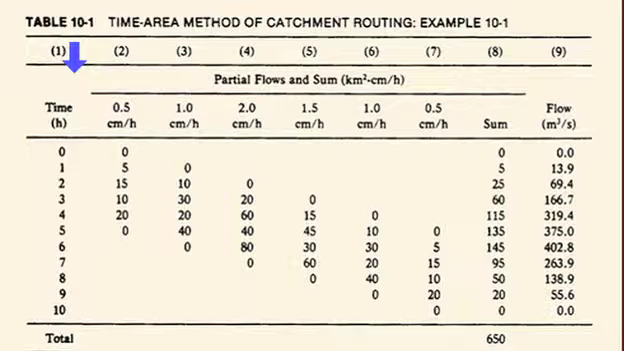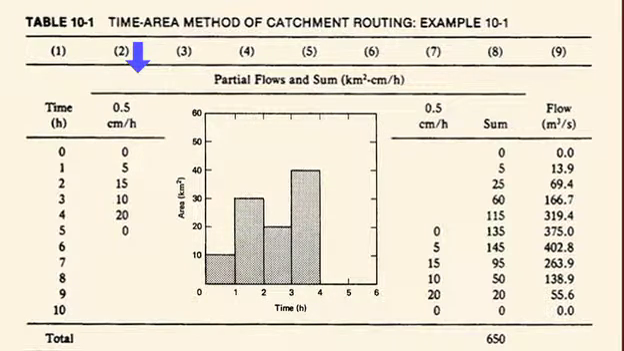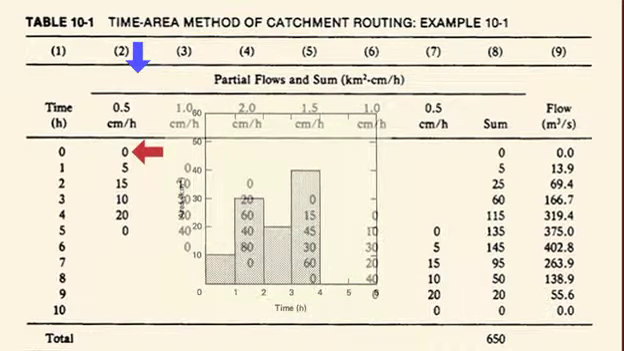Column 1 shows the time in hours. Column 2 shows the product of the first effective rainfall increment, that is 0.5 centimeters per hour, times each of the respective histogram subareas, expressed as a partial flow hydrograph, starting at 0 at time 0 and returning to 0 at time equal 5 hours. The formula is